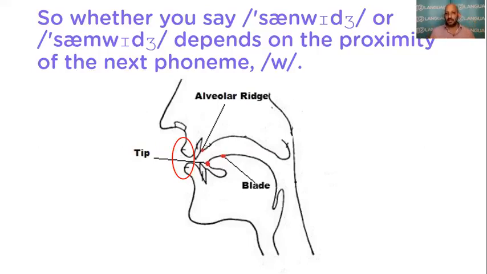Think about where the sounds come from, and then you might feel more comfortable about knowing which of the words you're going to be assimilating when it comes to speaking more naturally in English. I need to emphasize this, and I will say this as much as I can. It is not about your accent, okay? Everyone has an accent. I have an accent, so do you. That's not your main concern. Your main concern is how you sound natural when you speak English, all right?